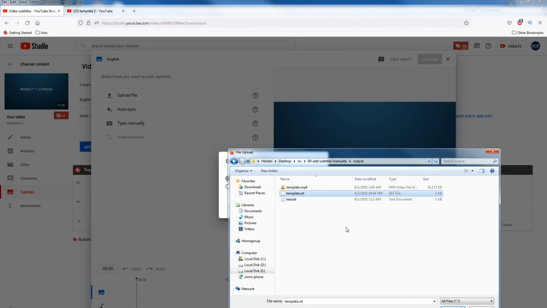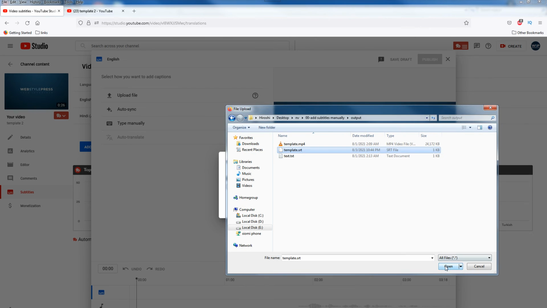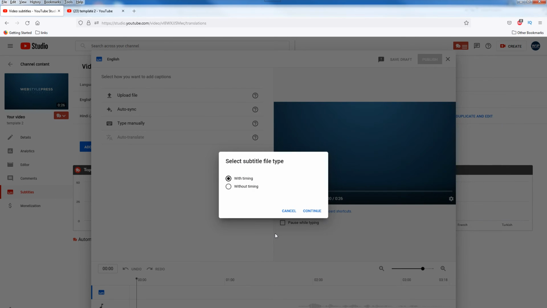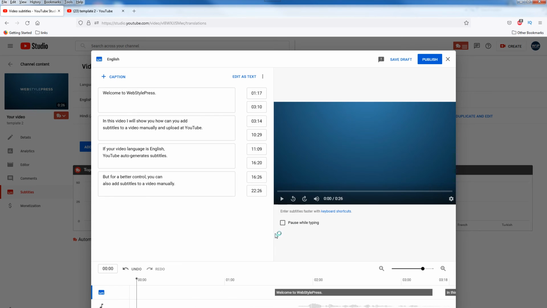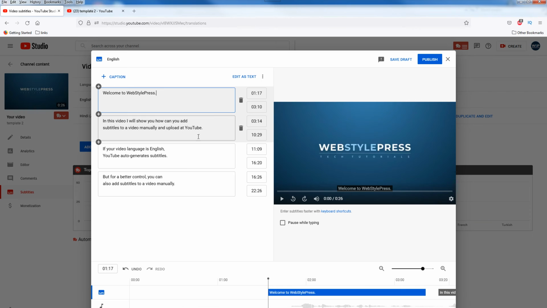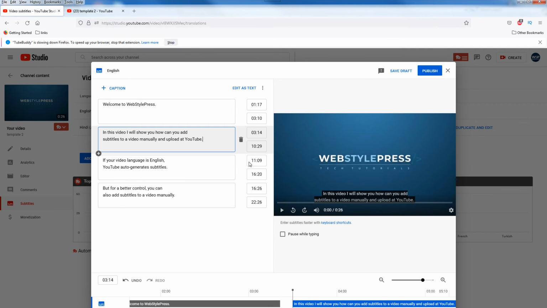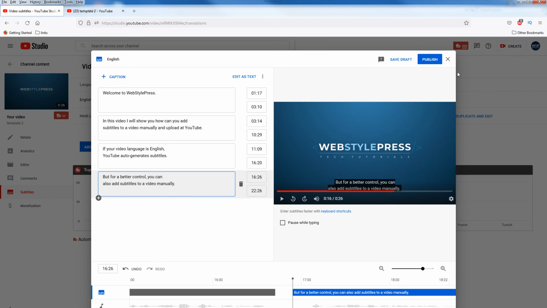Select the file template.srt, open it, and here are our subtitles. You can further edit these from here. Subtitles with timings. You can see the preview from here, and then hit the publish button.